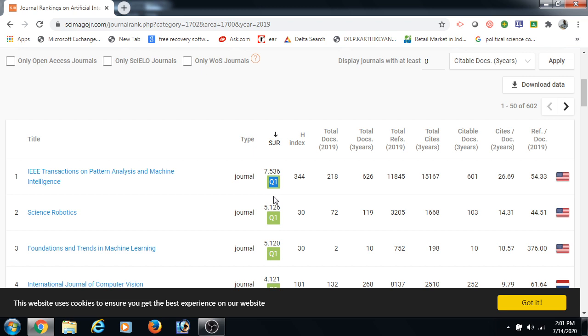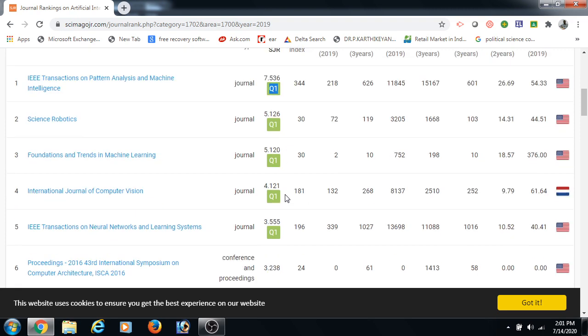Q1 is occupied by the top 25% of the journals in the list, Q2 by journals in the 25 to 50% of the group, Q3 by journals in the 50 to 75% of the group, and Q4 by journals in the 75 to 100% of the group.